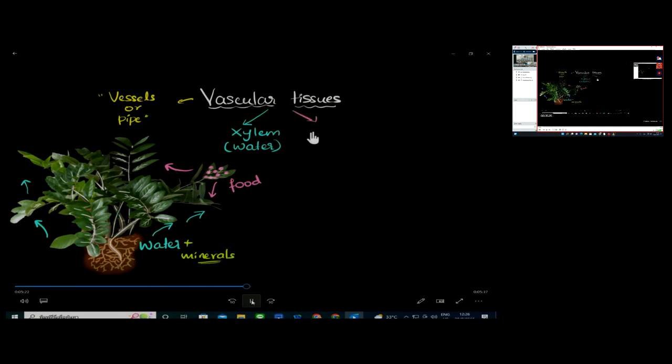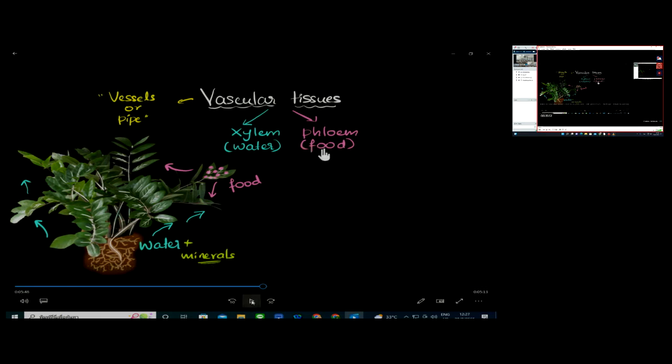And for food, we have another tissue called phloem. Oops, it's phloem. And this one transports food, mostly sugars, but it can also transport other things like hormones, amino acids, and other stuff, but mostly food. And the way I like to remember this, I remember watching this in some